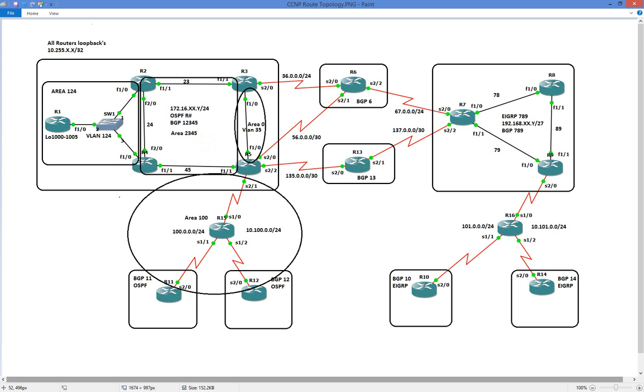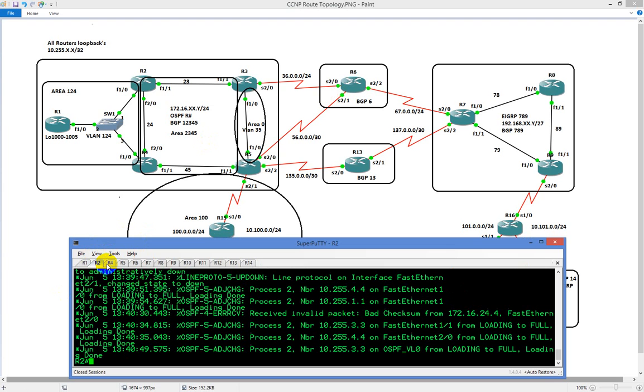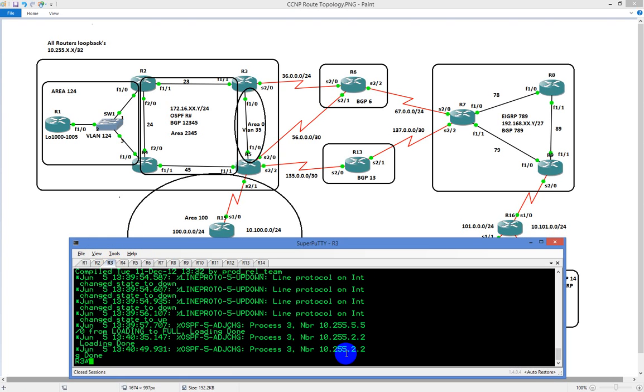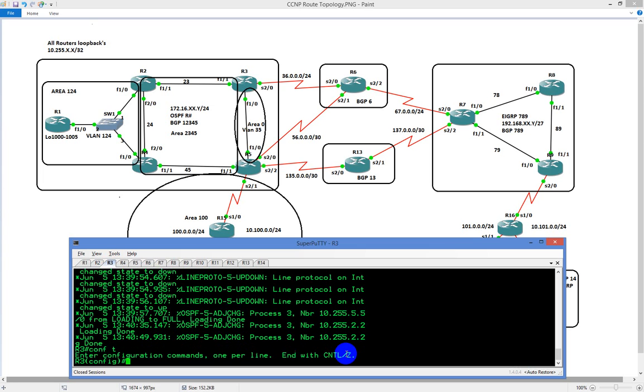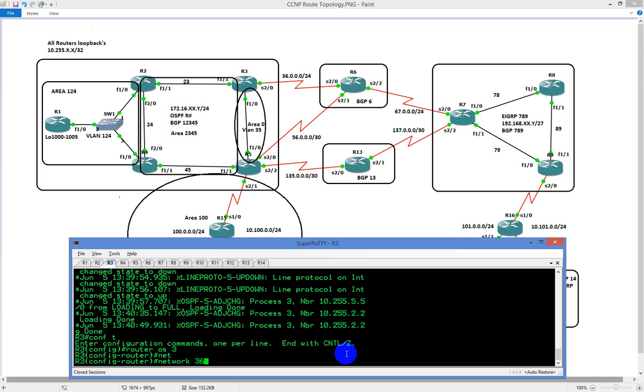So what I'm going to do out of the gate is go on router 3. I'm going to click on router 3 and go to global config. I'm going to type in router OSPF 3 and type in network 36.0.0.0, and I'm going to type in 0.0.0.255 area 0. I'm putting this in area 0 because R3 is an ABR, and I don't want to be adding another area